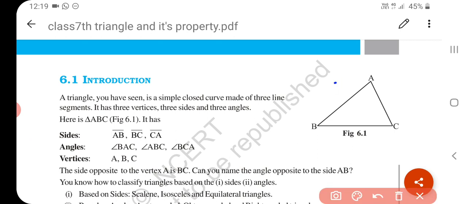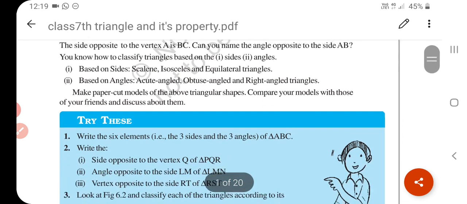And what about the exterior? Exterior means the points on the side outside the boundary of the triangle; those are called the exterior of the triangle. Okay, understand? So remember this, the interior region along with the boundary is known as the interior triangular region. The points included in the interior and boundary of the triangle are called the triangular region. Okay, understand?